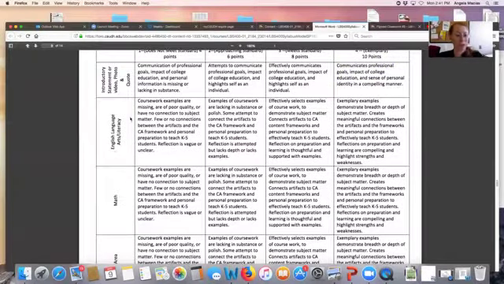The next section is your language arts. This has to be there, and it has to have examples of breadth and depth of subject matter, and it creates meaningful connections between the artifacts and the frameworks, which you've looked at in class. Remember the language arts framework? We read a lot about that in your first module as well as in class. And so you're going to connect that to what you've been learning to show how you are prepared to teach